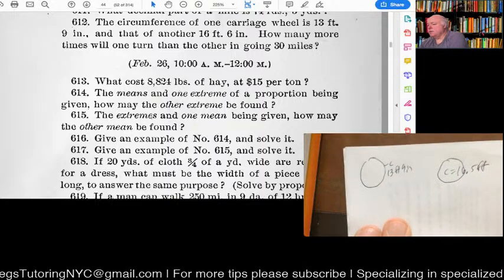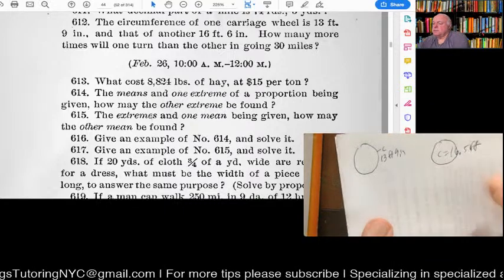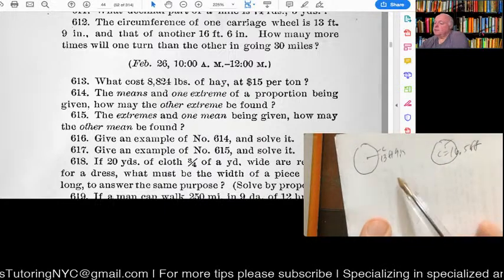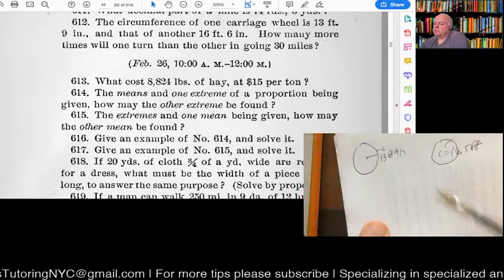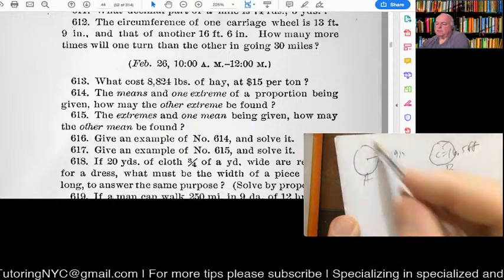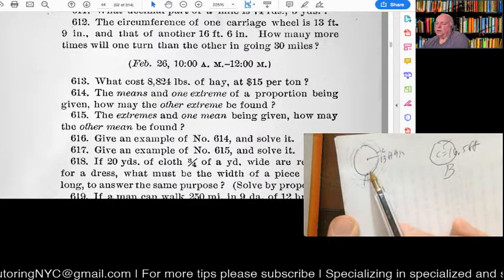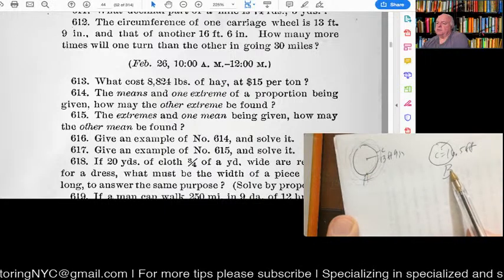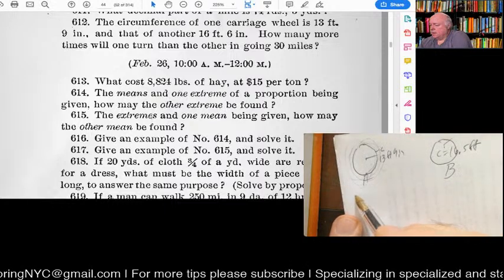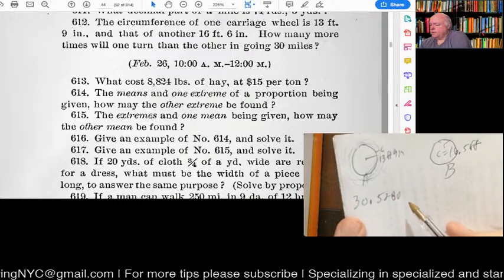All right, so we're back to needing to know how many feet are in a mile. This comes up a few times in some of these. You guys should know that. We don't really care about the radius in this example. We do care about the circumference. So we have an A and a B, if you will. What we need to figure out is how many full revolutions one wheel makes over the 30 miles versus the other, and then subtract them. So we have 30 miles times the 5280 feet per mile, divided by